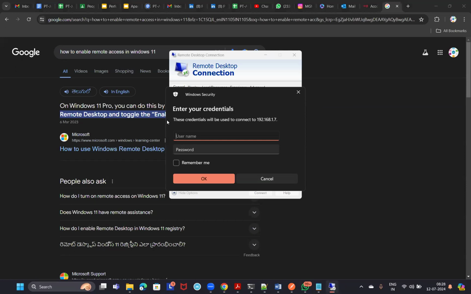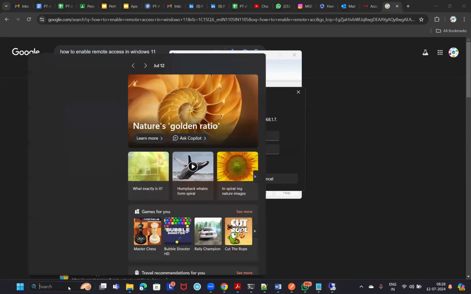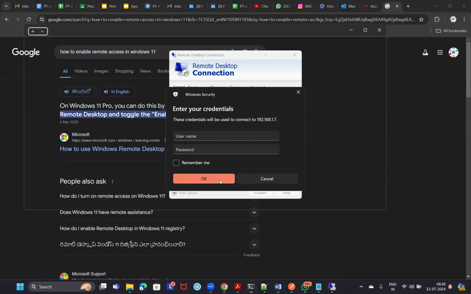Right. Now it is asking for credentials. Let me enter the username and password. How do you check the username on your computer? Host name will tell you the device name, the computer name. But how to check the username is